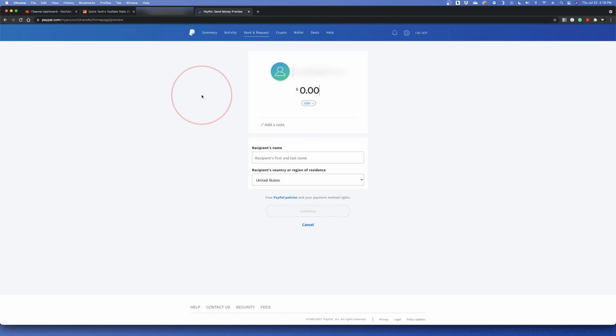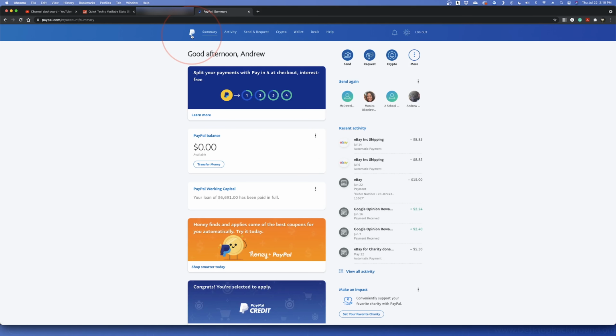The other way is by you sharing with them your paypal.me link. Head back to the PayPal homepage and then choose the settings gear on the top right. Inside of here, under your name, you'll see the PayPal.me link. Choose manage and you can customize the link if you like. Now if someone wants to send you money, just give them this link, paypal.me/your username, and when they go to it, they'll automatically be able to request or send money to your PayPal account. On the PayPal mobile app, the process is basically the same.